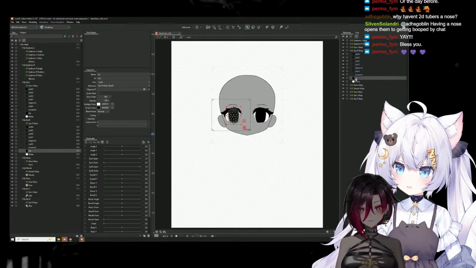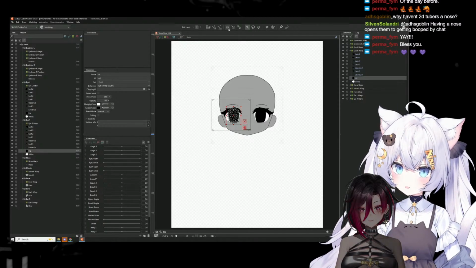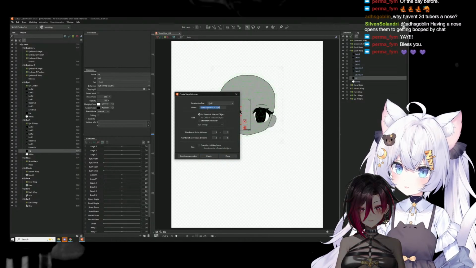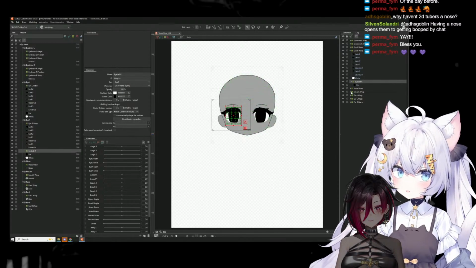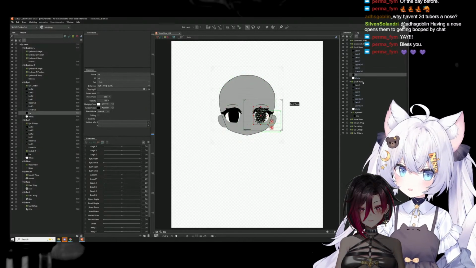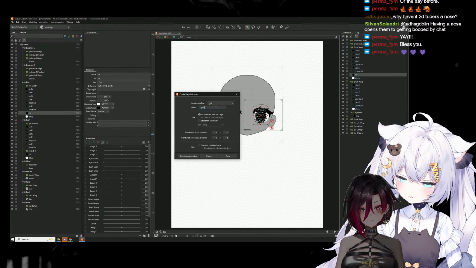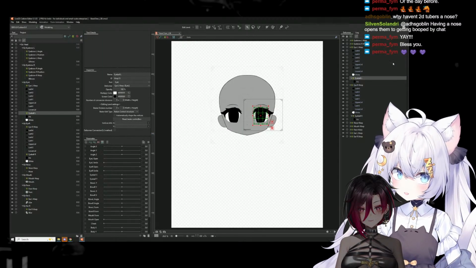And now we're going to click on the iris, and we're going to make another deformer, and we're going to name this one Eyeball R. And then we're going to click on this iris, and we're going to make another deformer. I'm going to name this one Eyeball L, and then press Create. So now we have